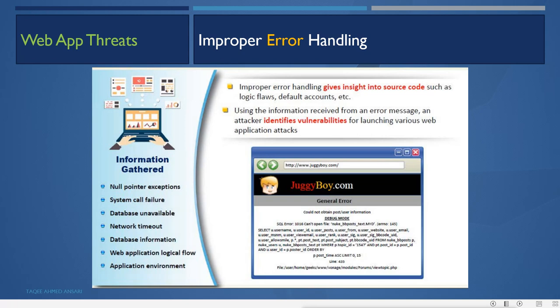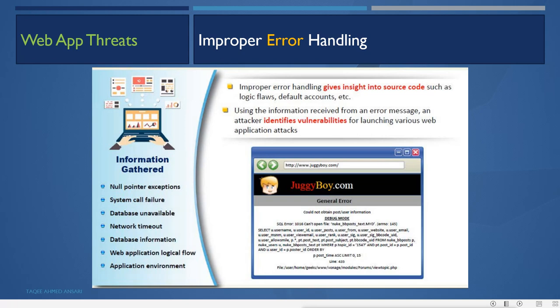Improper error handling means when you try to access some server and it gives an error, those errors must be properly handled by the application developer. Otherwise it can reveal sensitive information about the technology, the system, the server, and the directory structure.